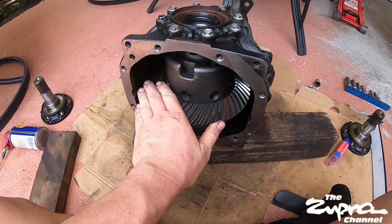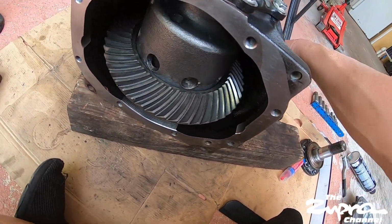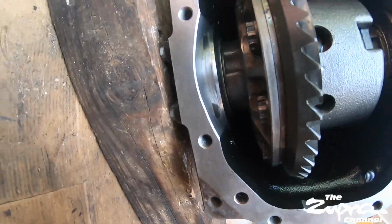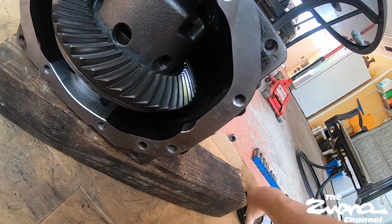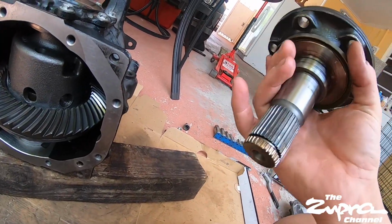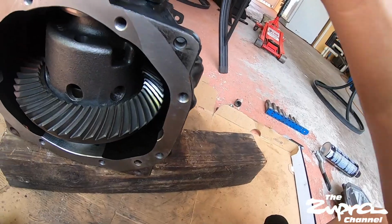Alright guys, so this is where we're at so far. Got the bearing carriers on the side done, both sides. I just have it sideways. I was working on this side. So we're doing now the axle stubs. These just get pressed in. You see it has this snap ring here at the end. So you just